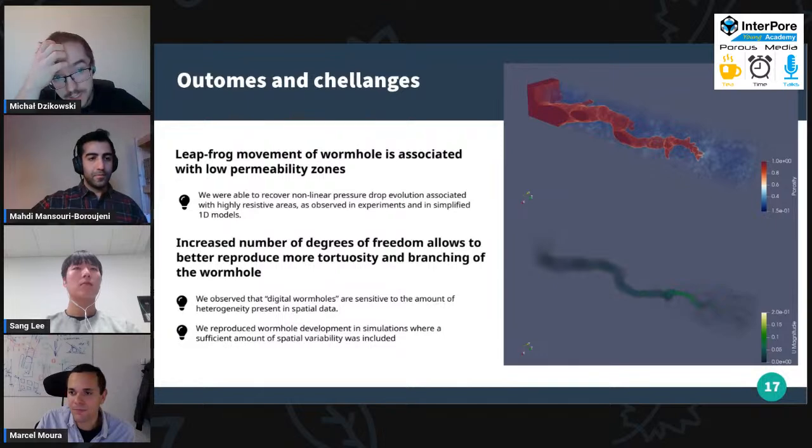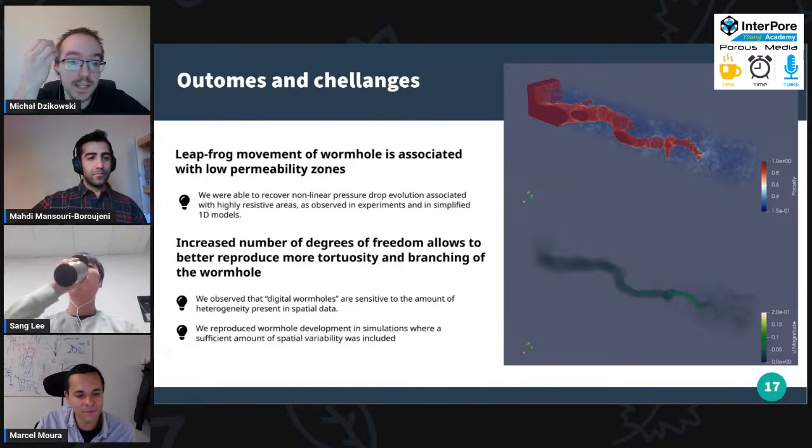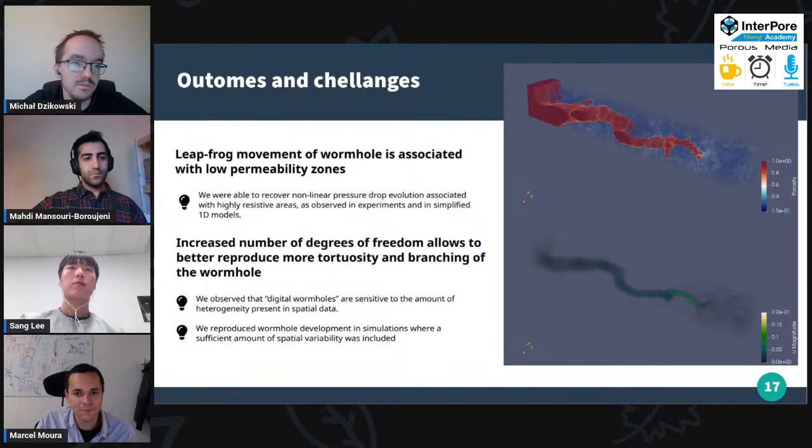I think that's being done. You know, we are now at the stage that I try to adopt the metrics that were used by experimental guys to numerics, because that's quite a lot of data in a very short time. And we try to put the numbers to visual description. Yeah, so there's a tortuosity obviously and numbers like that. But to compare those properties of the wormhole with those from experiments, we had to go outside the simple things like a picture.